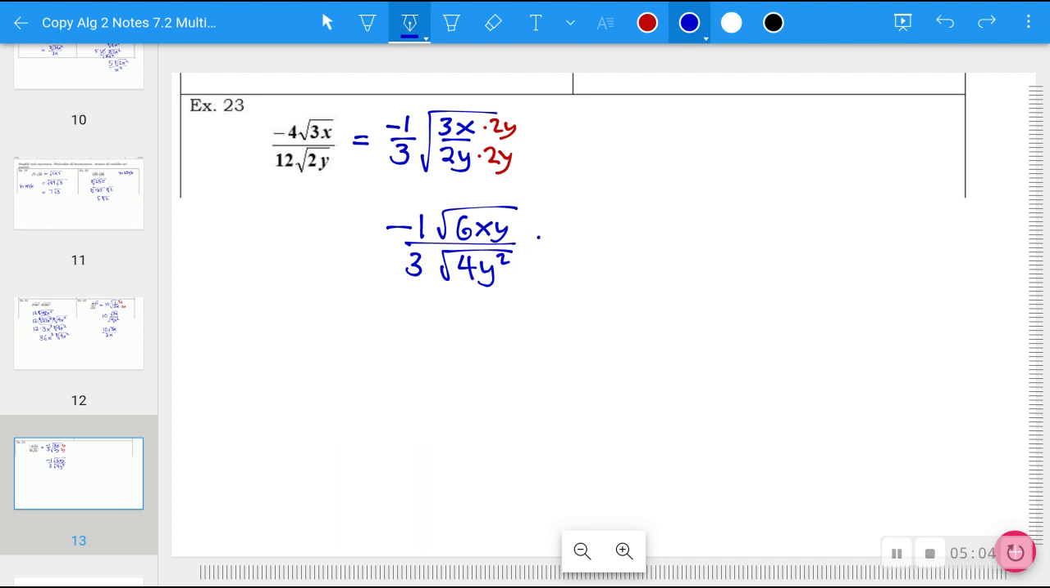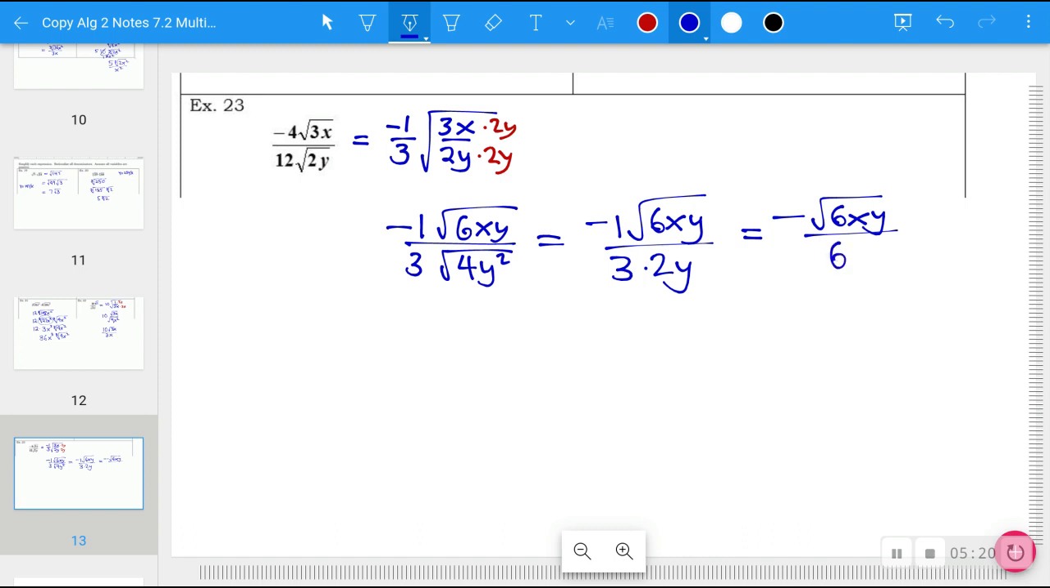And that ends up being -1 times the square root of 6xy, and the bottom is 3 times 2y. So we end up with negative square root of 6xy. I'll leave the 1 off this time. And on the bottom, 6y. And that takes us, oh shoot, yeah, that's right, 6y on the bottom. And that takes us all the way to problem 23, which happens to be the last